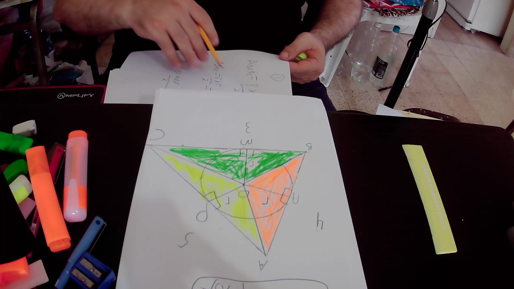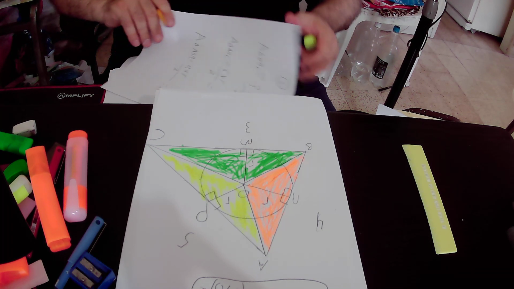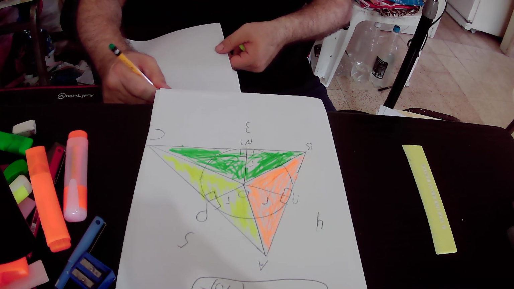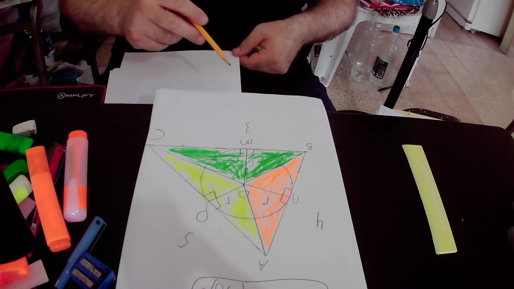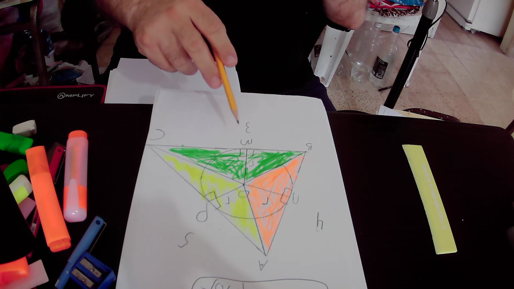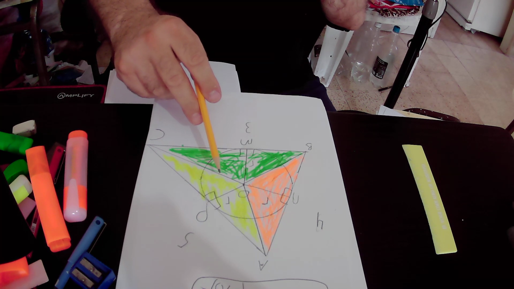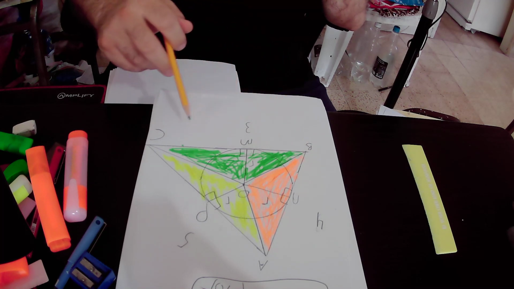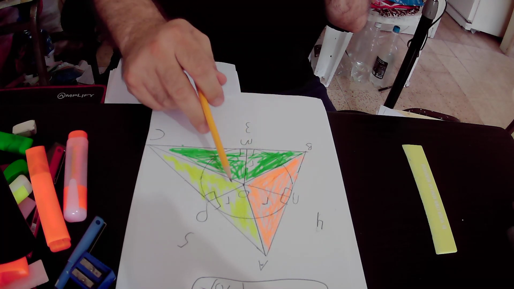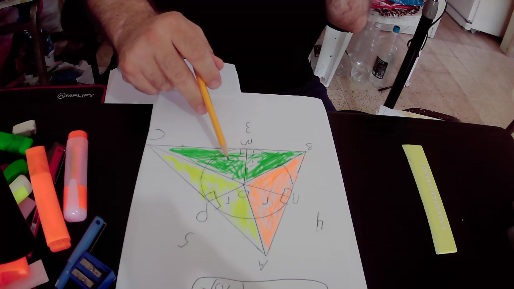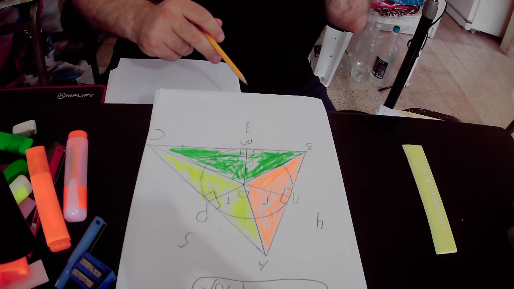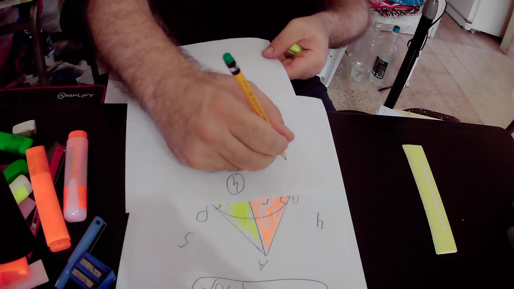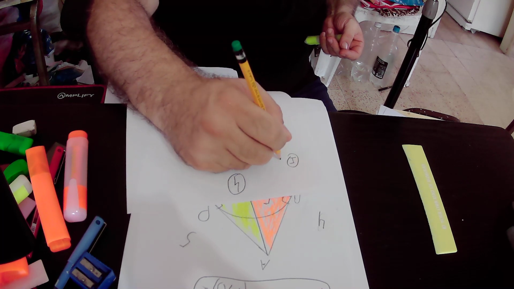But we also know that the area of the big triangle ABC equals the sum of the areas of the green triangle plus the yellow triangle plus the orange triangle, because the big triangle ABC contains those 3 small triangles. Okay, so we can write down the first equation that states that the area of the big triangle ABC